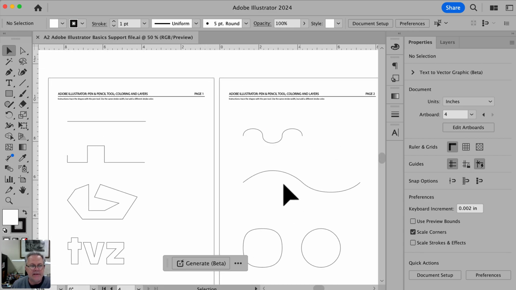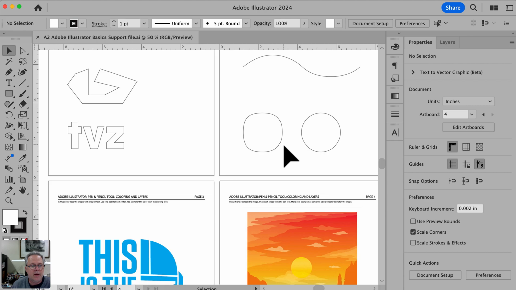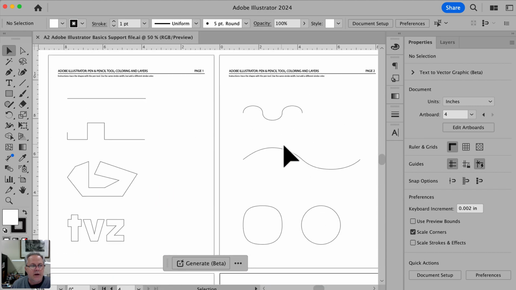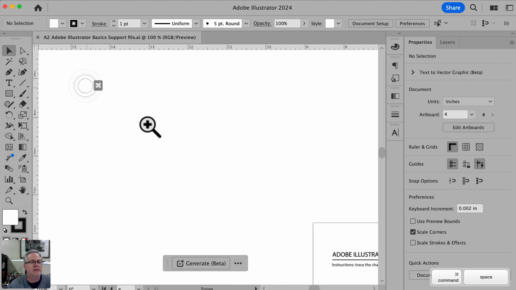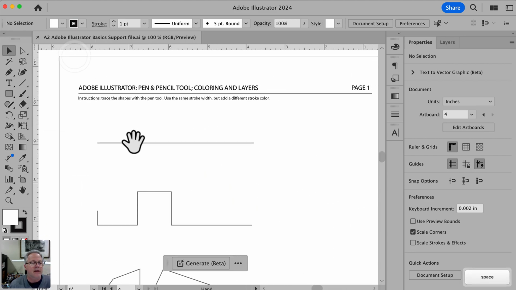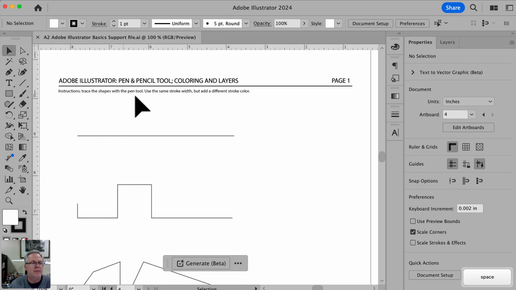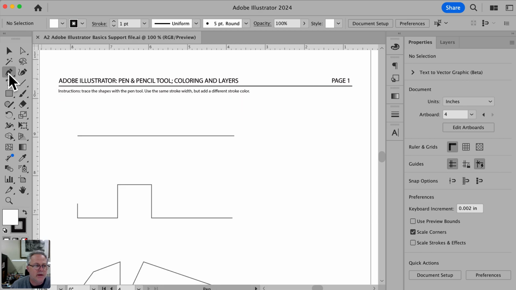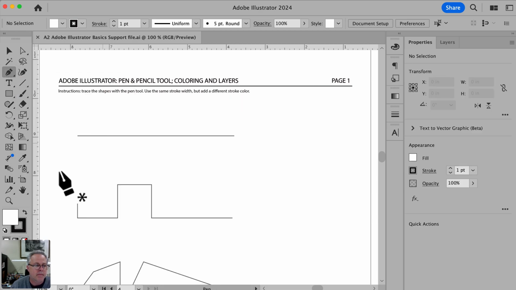The idea is there are 4 pages. The first one, if you look close here, says trace the shapes with the pen tool. Use the same stroke width, which was a stroke of 1, but use a different color, and no fill. So here's the pen tool here, okay? Right now, you can see that I have a white fill and a black stroke. I need to change that